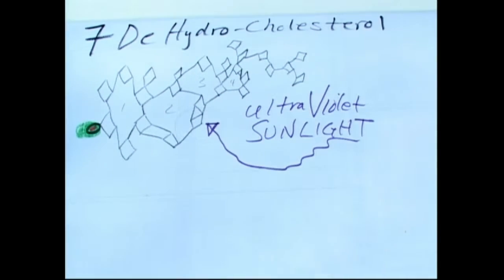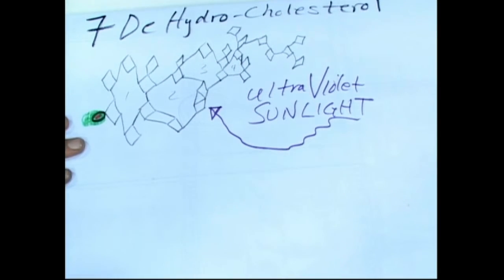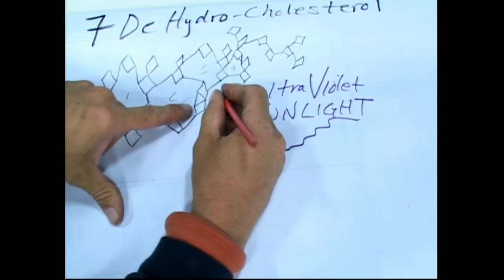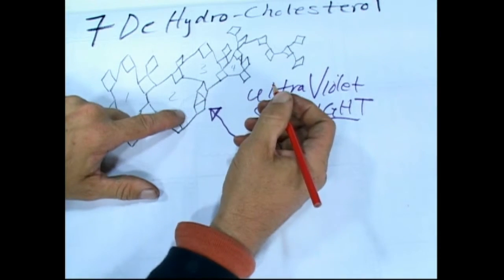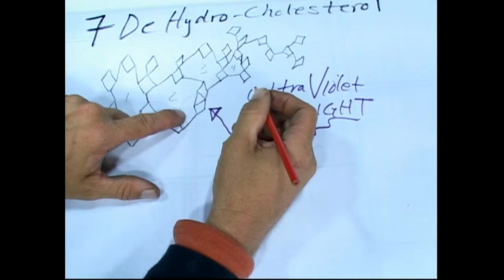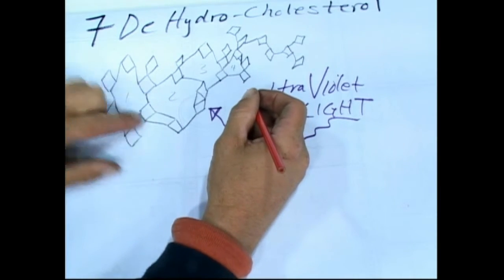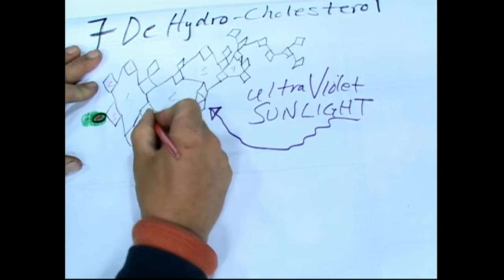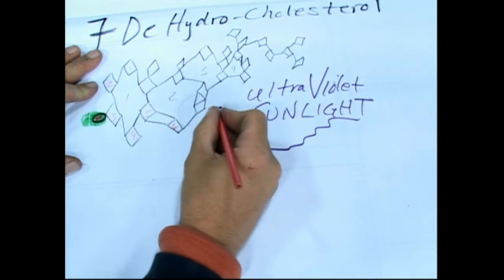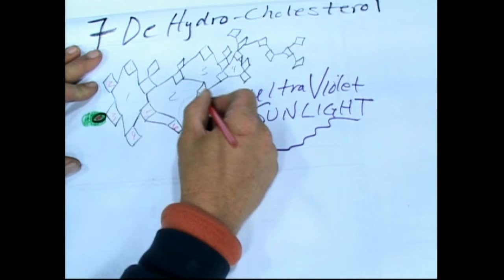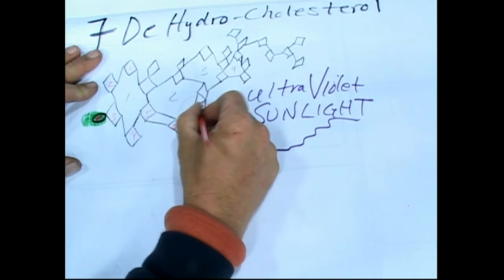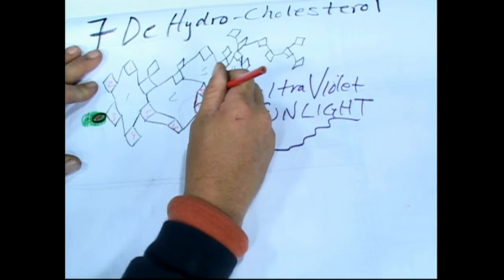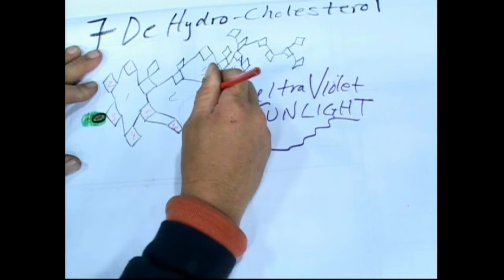So let's use color pencil here. Now when we go through, there's 2 double bonds over here. And this is the carbon we're going to be focusing on. So if you numbered these, they start here. So 1, 2, 3, 4, 5, 6. Carbon number 7. This is what we're after right there. 7 and 8. The ultraviolet light on this double bond here is what absorbs the energy and creates a change